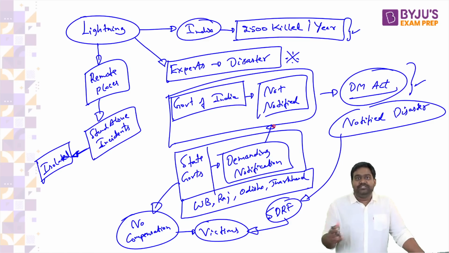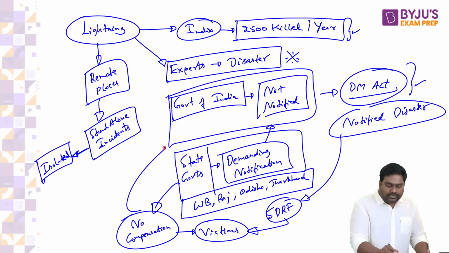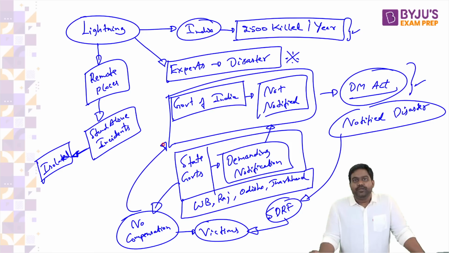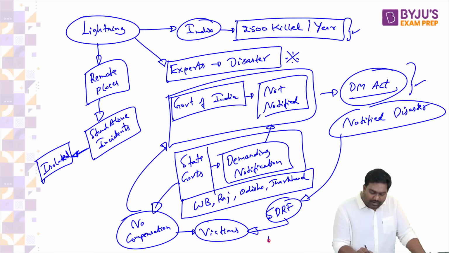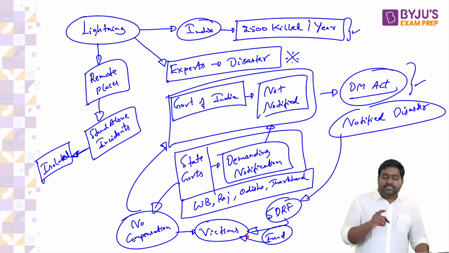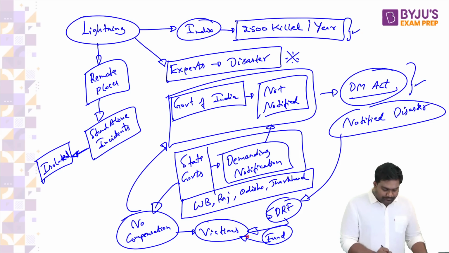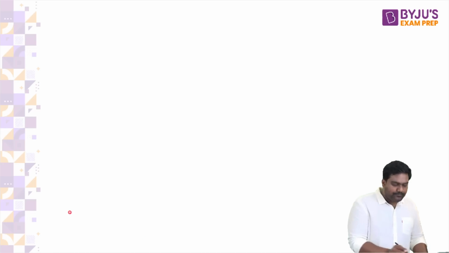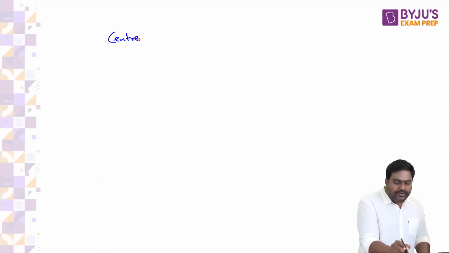In the last few months, West Bengal, Rajasthan, and few other governments have strongly demanded that lightning should be classified as a disaster so that they can draw funds from SDRF and compensate the victims at least. But the center says it's not needed. I'll explain the logic. The center has said,